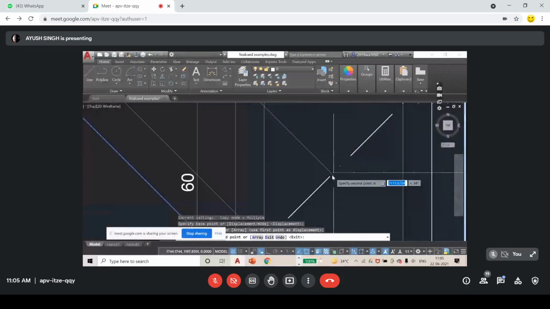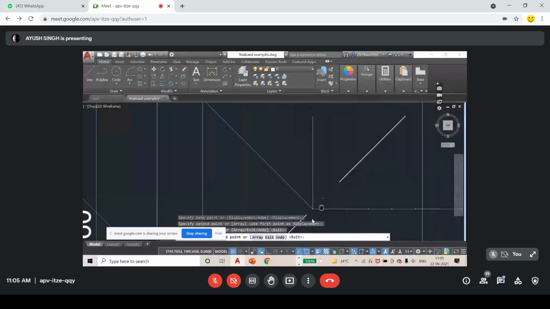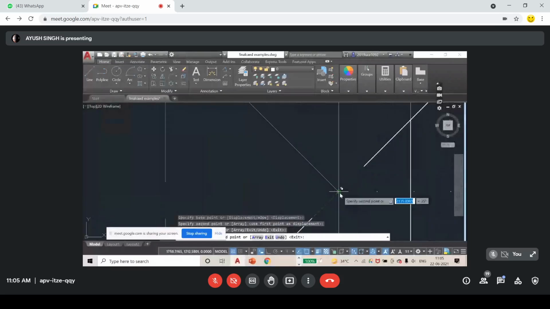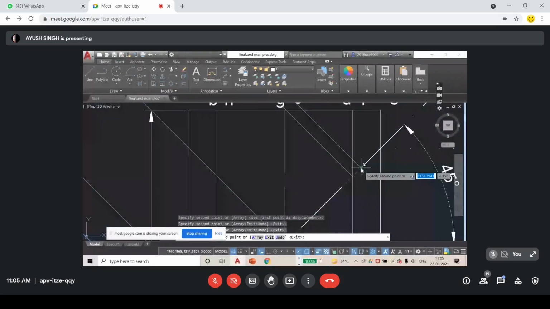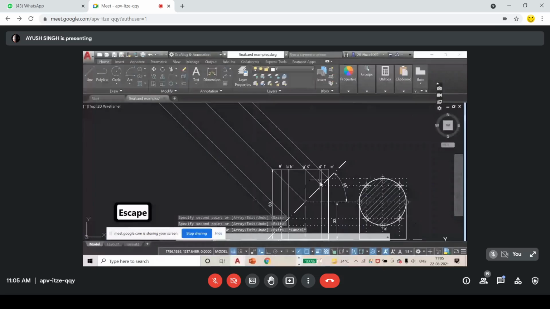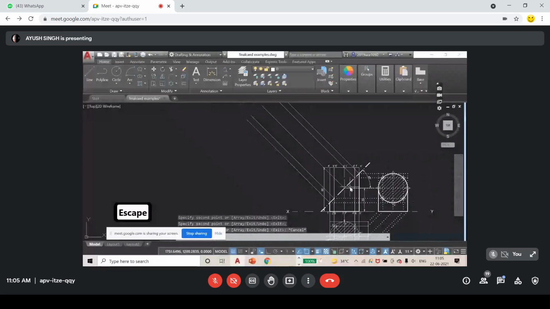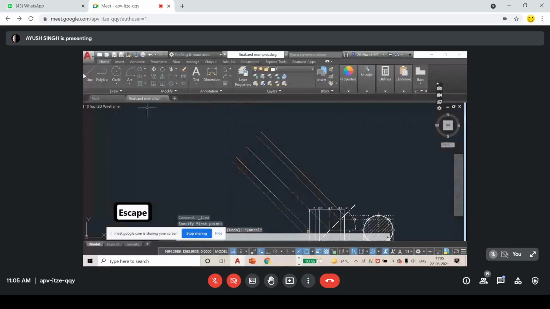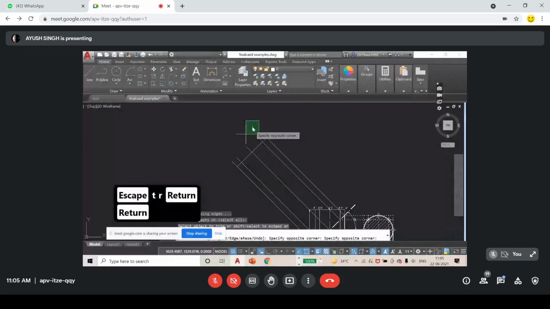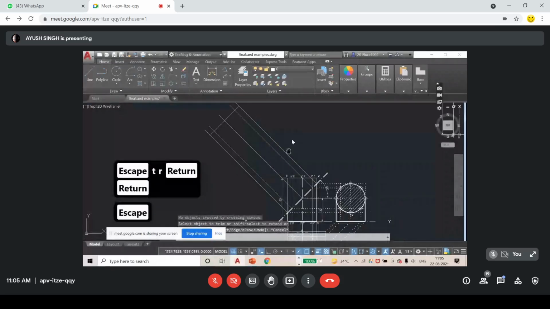Just zoom in because there are more chances of error here. Till here. Okay, done. Now I want to see the true shape of the section.